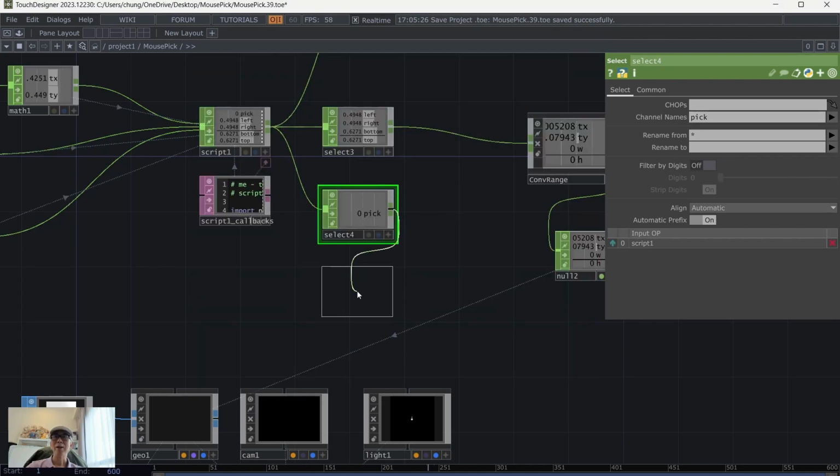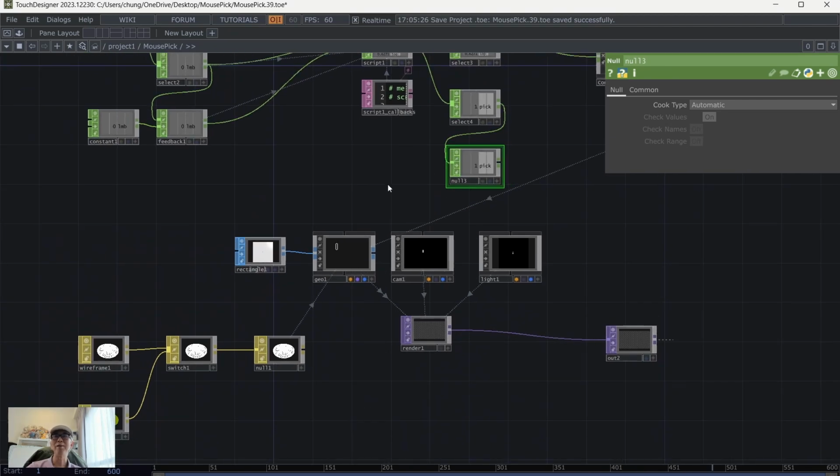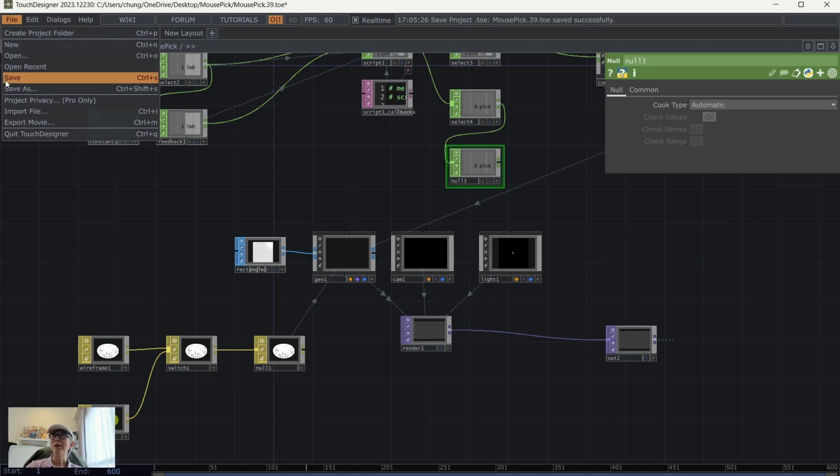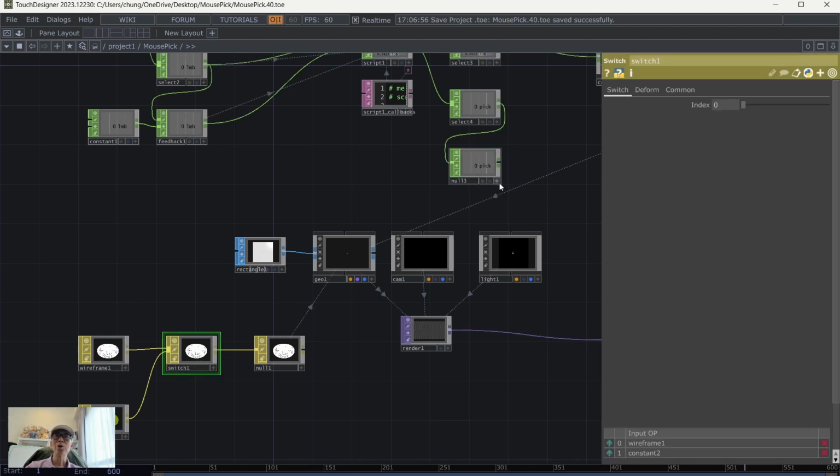You can give it a name as well, and that one will indicate which material you would like to use. So when you are drawing the rectangle, you use the wireframe that is an outline only, and then when you make the selection, you use the solid one with transparency, so that the switch index is actually the pick